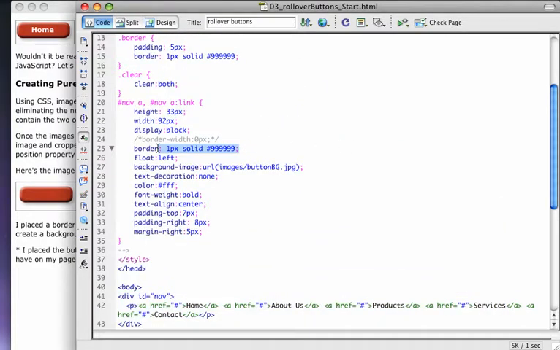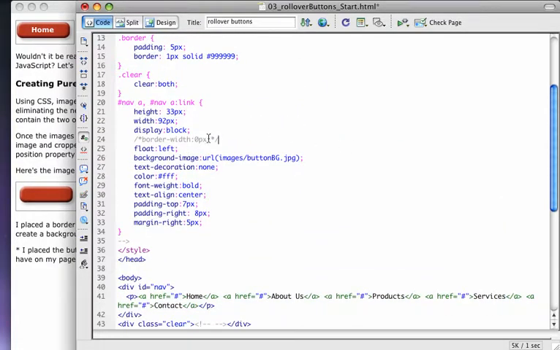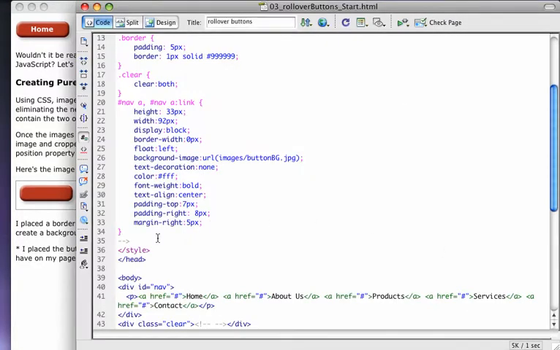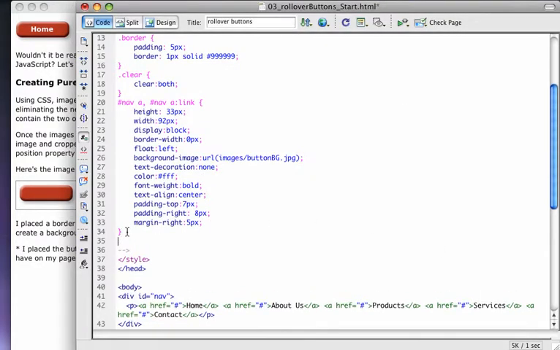Let's go ahead and get rid of this border because we don't need this anymore. Now you can see where the border is, and I'm going to uncomment my border width 0 that I had and reload the page, and I have a nice looking navigation bar. Let's go ahead and create the rollover functionality next, and I'm going to do that very quickly and easily by creating a style first of all for my nav